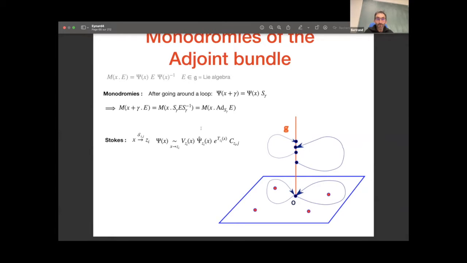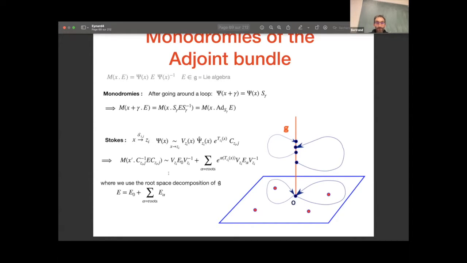So first remark that in M we have ψ times ψ inverse, which means that we'll have somewhere exponential T and exponential T inverse. And exponential T is something with an essential singularity near the pole. And exponential minus T will have the opposite exponential behavior. And let's look at what it means. So let me write it in this way. If I write M for some E, in fact, let me conjugate the E by C inverse, C. And so some of the terms will have exponentials, and some will not. And in fact, for that, the best is to decompose E, or more precisely this C inverse E C,